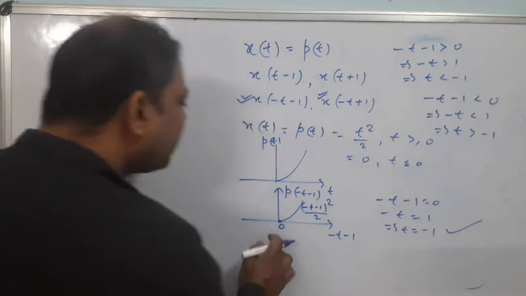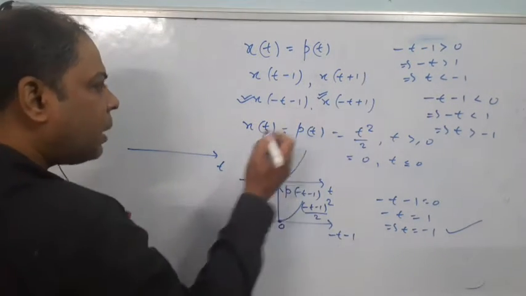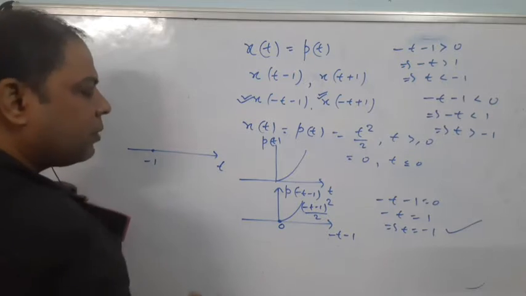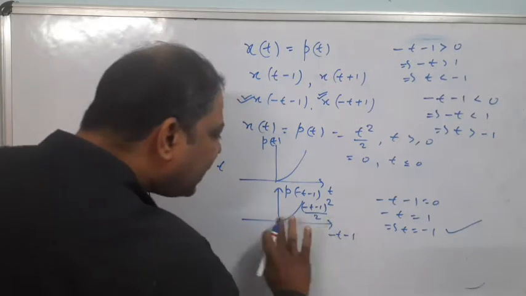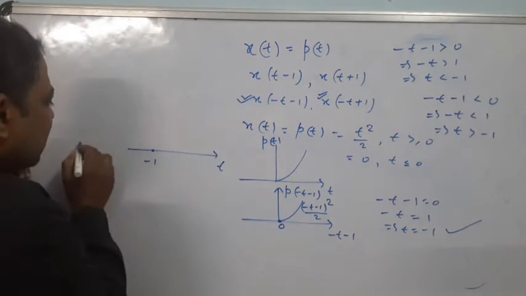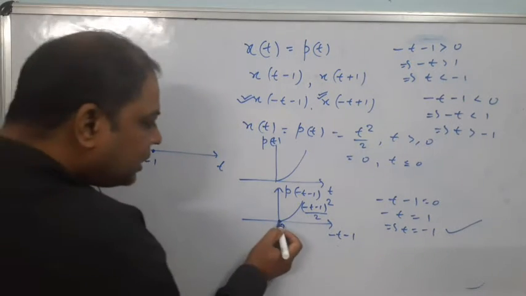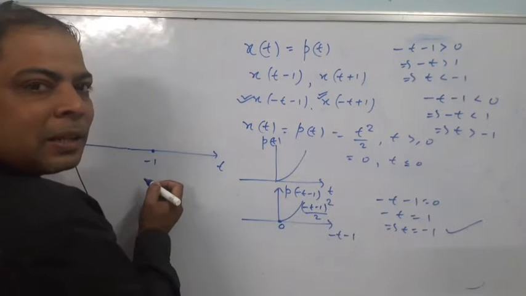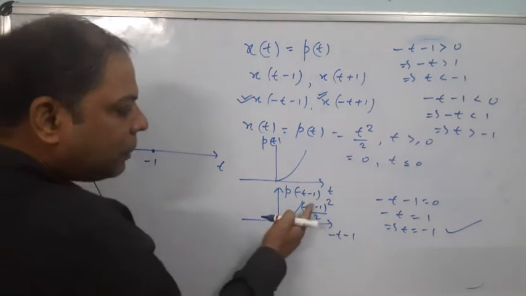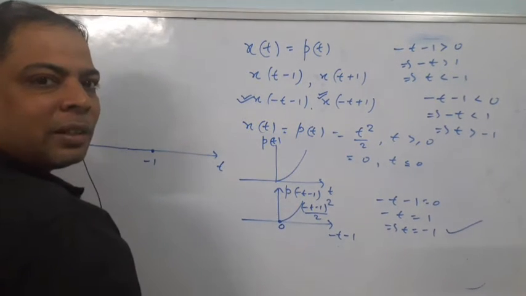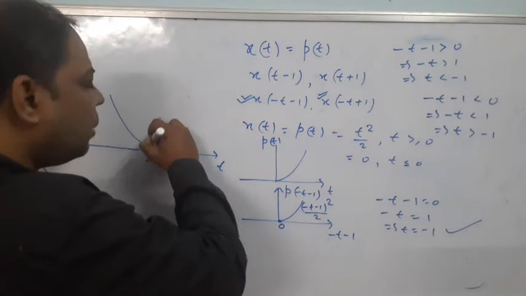That means here you just mark. If you plot accordingly, this is the t axis now. Here you have to take a point -1. Suppose this point is -1. Look, less than -1: this side becomes less than -1. That means whatever plot you find, you have to plot up to -1, because this complete side becomes this. Understood? t less than -1. Okay? That means here t is negative. So you will find the curve is just like this, up to this.